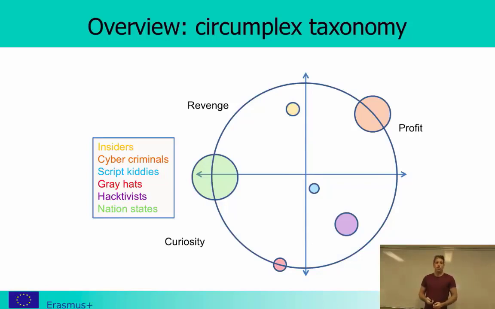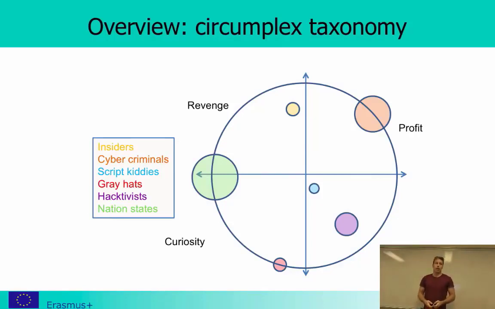The smallest group I have put here is the script kiddies, so the guys sitting down in the basement, drinking cola, eating pizza, and trying to do what they read off the net, and usually they don't get anywhere with that. Then we have the group of grey hats, which are again more for curiosity and recognition, and we have a large group of nation states, so that's usually states spying on each other for curiosity or revenge. So understanding if your most potential attacker would be a nation state or for profit or a hacktivist is quite an important part of